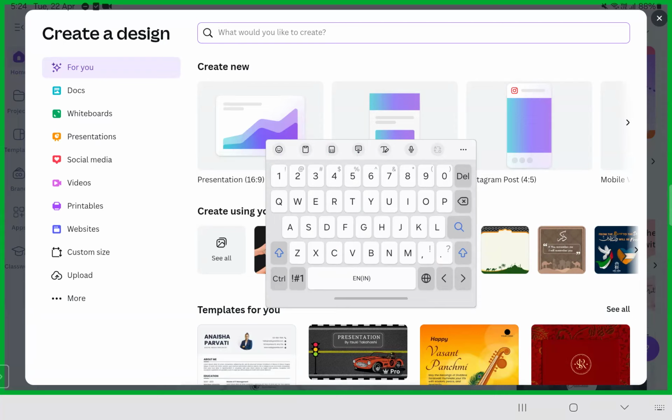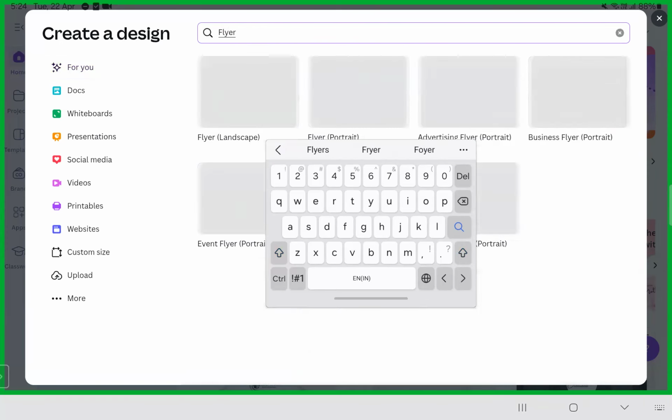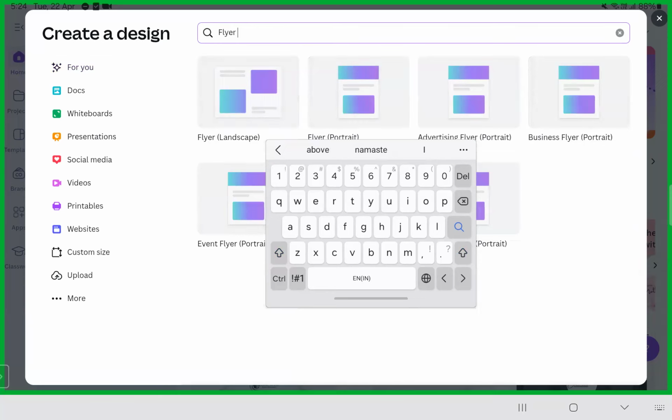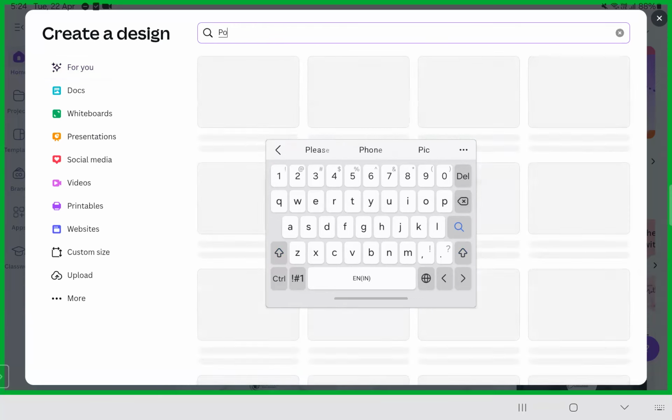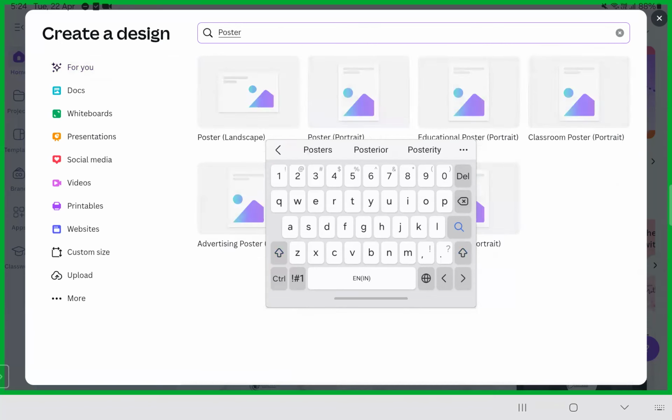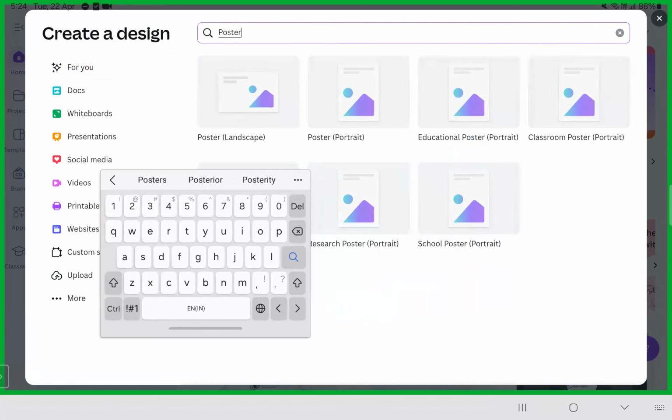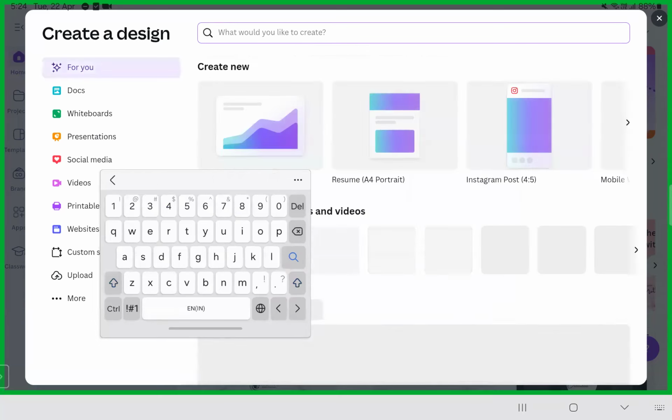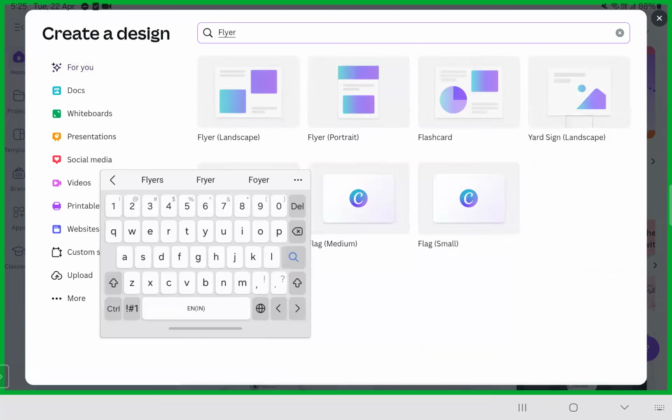Whenever you are going to go ahead with creation of the course flyers, tutoring flyers, service flyers, dear sisters and brothers, webinar flyers, you must start with the dimension known as flyer dimension. Flyer dimension or poster dimension. Tell me whichever you want to go ahead with, two in one, poster dimension or flyer dimension. Fine, whichever you want. I'll just go ahead with flyer dimension. Just write flyer. Portrait flyer is good to go with, so we'll go ahead with portrait flyer.